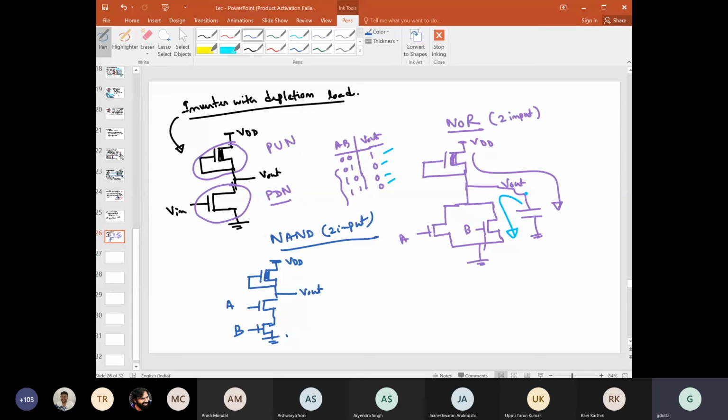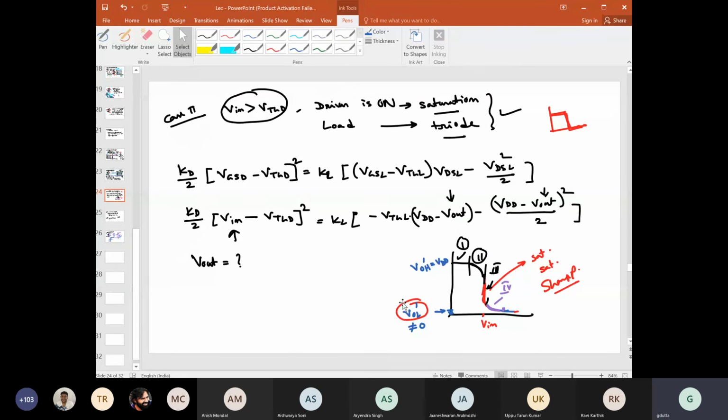this with a depletion inverter with depletion load, right? And if I ask you the region of operation. So this is the VTC, which we have drawn quite quickly. But if I ask you, suppose I say this is region 1 or case 1, then for region 1, please write which transistor is in which mode. So in region 1,